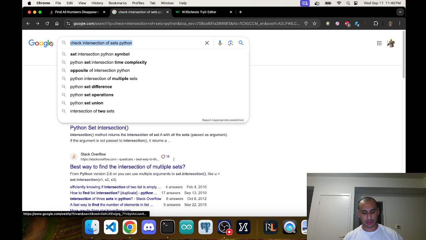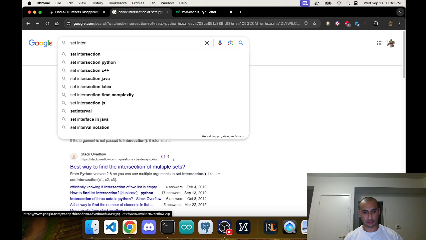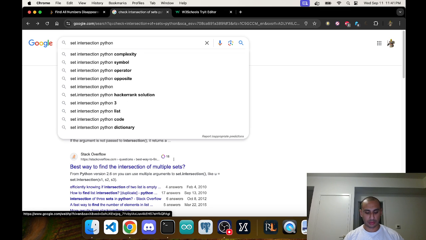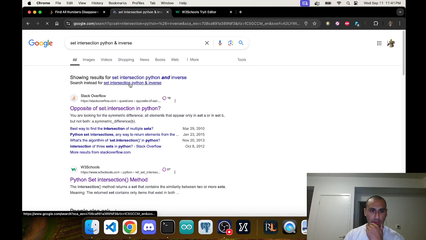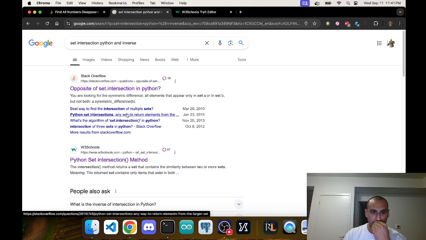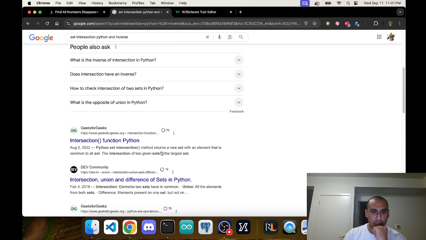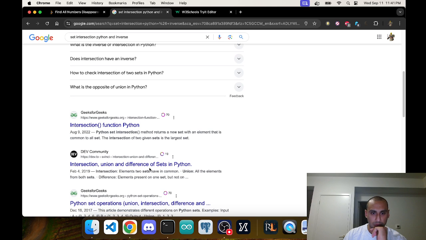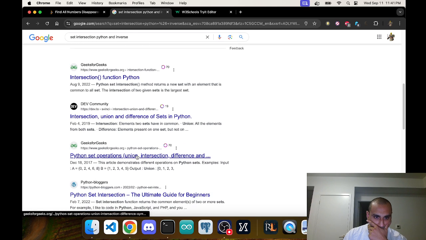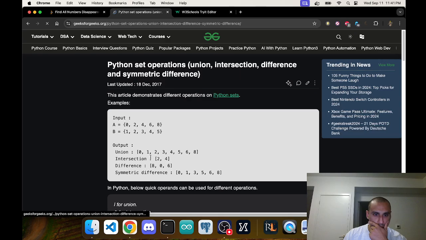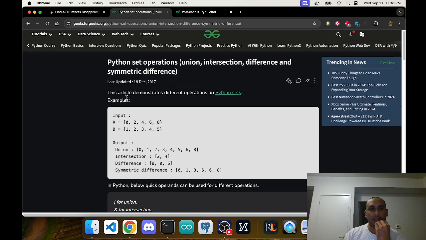Set intersection Python and inverse. Opposite of set intersection. Best way to find Python set. Difference and symmetric difference. Okay,